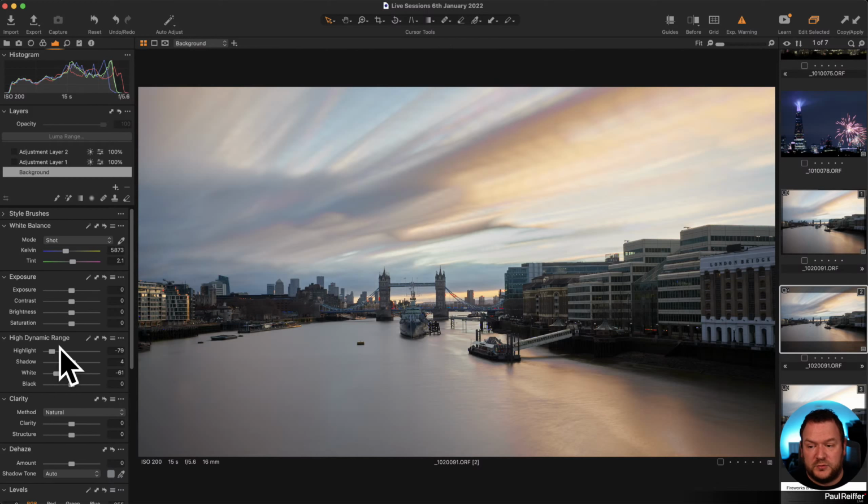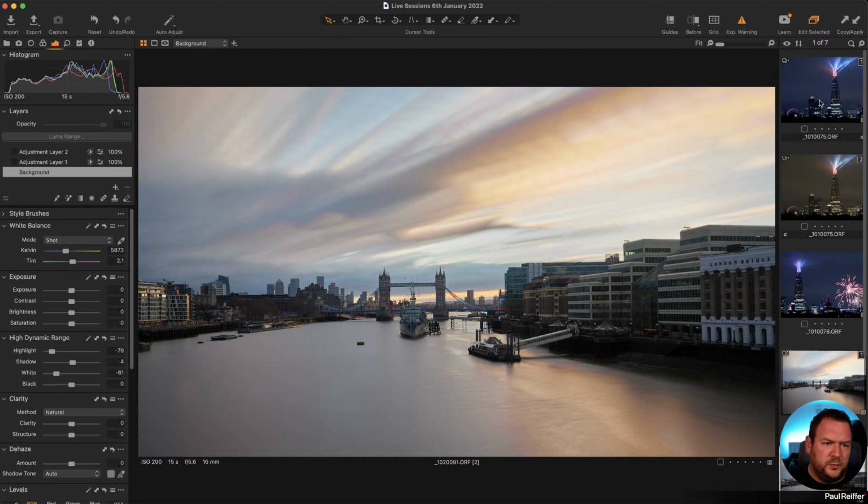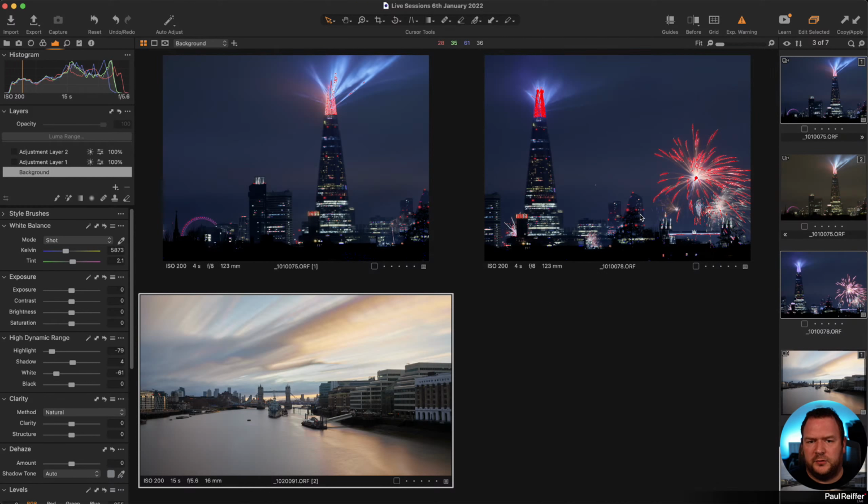You can use Capture One's built-in high dynamic range tool. It does a great job. It always has done. And if your camera has a lot of dynamic range that it stores beyond that standard RGB, almost JPEG histogram, then use it and use the tools to get the most out of it. So those ones, we spent quite a lot of time on these, but there you go. There's your little tour of London over New Year. I think that was the New Year stuff, but I may be wrong.